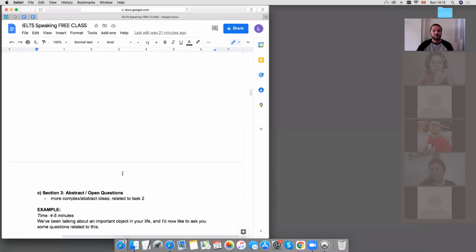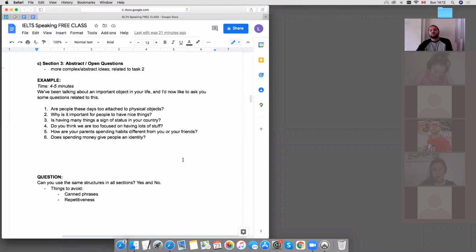Finally, our section 3. So section 3, even though a lot of people have the most difficulty with section 2, section 3 is not easy either, but it is more conversational. So in section 1, the person asks a question, you give an answer. In section 3, it feels more conversational. The questions are a little more abstract, and maybe they're open-ended. So maybe it's not yes or no. Maybe it's more of an opinion or an idea or something like that.